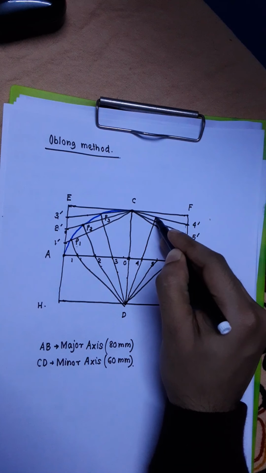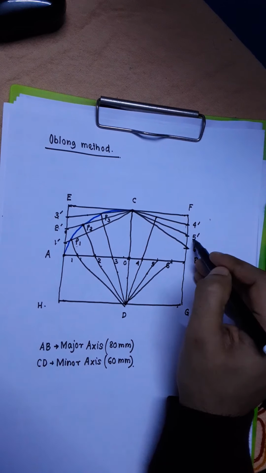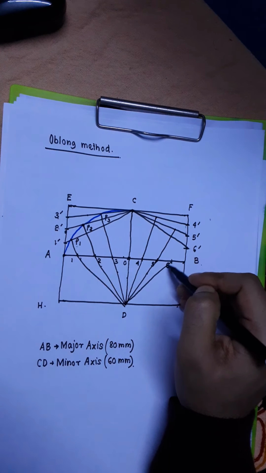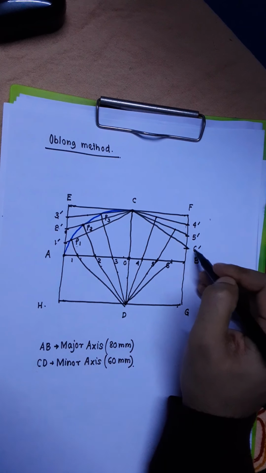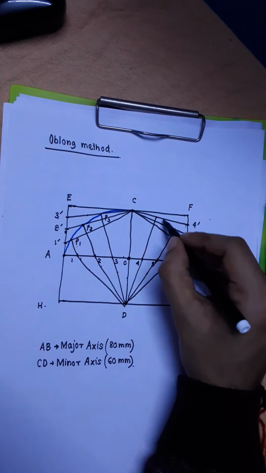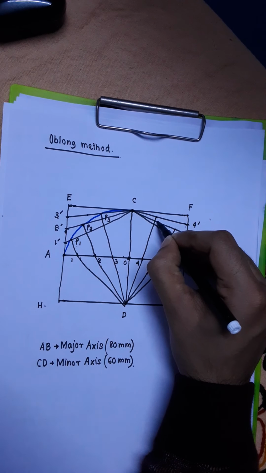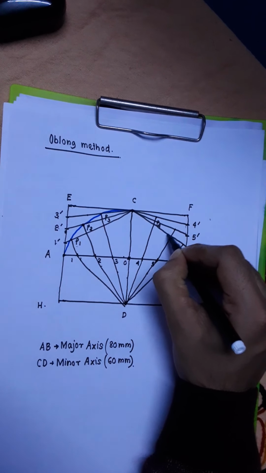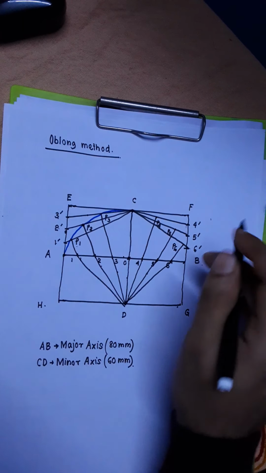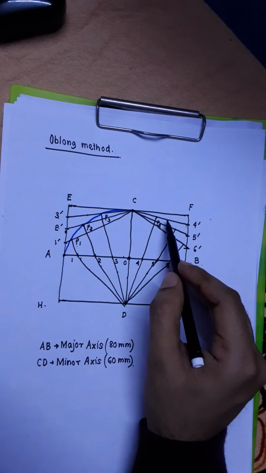So produce this one or extend this one up to this line. This line contains the number 5, this line contains the number 5. So produce this one or extend this one up to this one. This line contains the number 6, this line contains the number 6. So extend this one up to here. These 3 new points that you have got, you call them P4, P5 and P6.